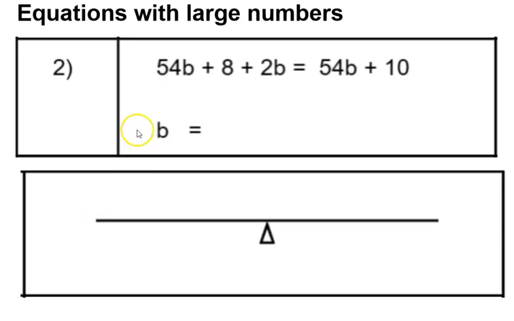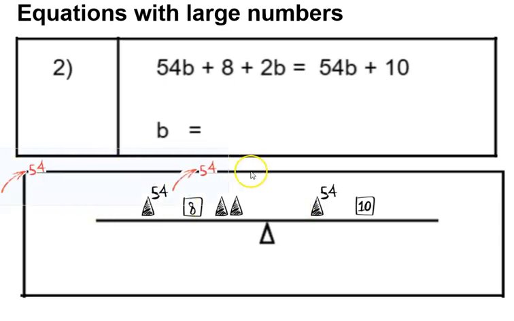So in this one, we've got 54 B's. There's no way that they could draw 54 B's. And so again, we're going to use that same strategy where I'm just writing that I have 54 of them, and I have an 8, and then I can go ahead and draw those 2 B's. That's easy. And on the other side, I have 54 B's and a 10. So on this one, I can use that two-handed operation, and I'm taking them both off. I'm still going to write that I'm taking 54 of them away from both sides